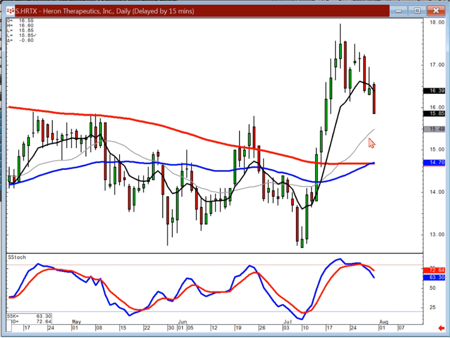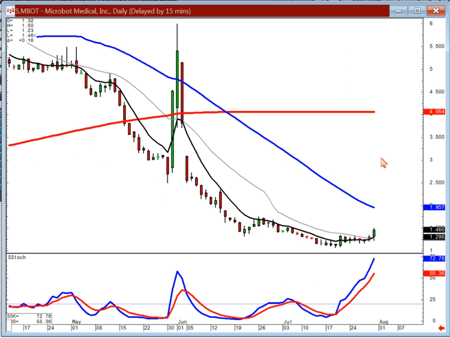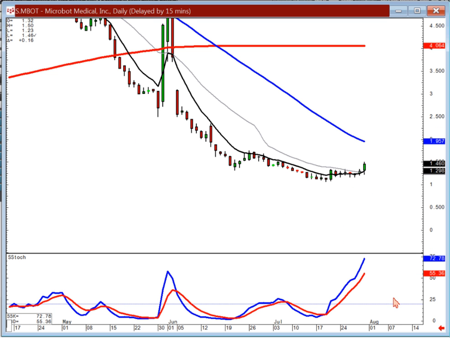And HRTX, stay short. You can be shorting this on weakness. Again, the targets being the moving averages. MBOT, nice fry pan bottom. Just make sure your volume is real hefty on that fry pan bottom on a $1.40 stock. And